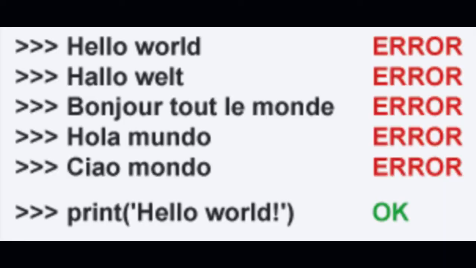But if you look at the last line, it says print, open parenthesis, single quote, hello world, single quote, and close parenthesis. If you do this, then the Python programming language understands it, because it knows the meaning of print. Technically, print says, get this hello world and show it on the screen. So that's what print does. This is a simple example of a programming language. There are some rules and regulations, verbs you have to follow, and turn your idea into that direction. That is a programming language. We're going to get familiar with many of them.